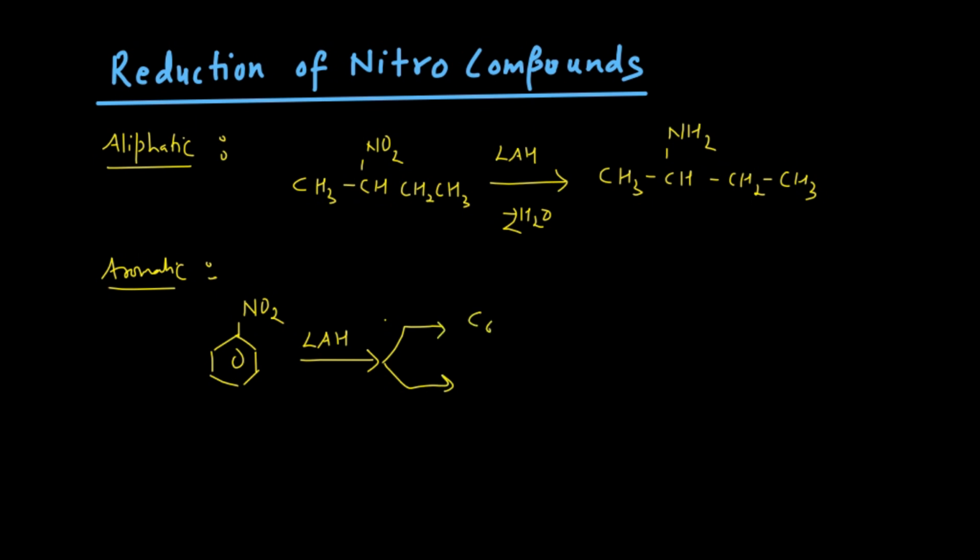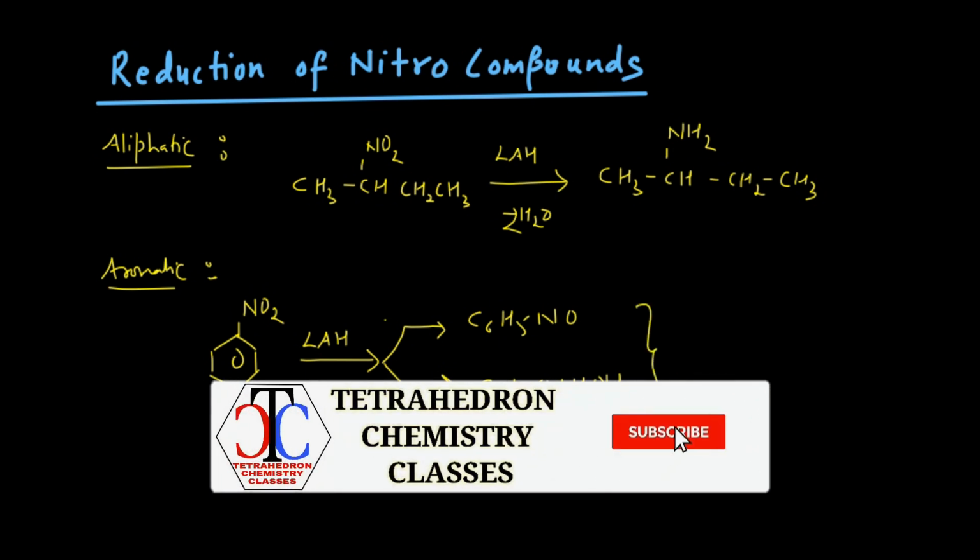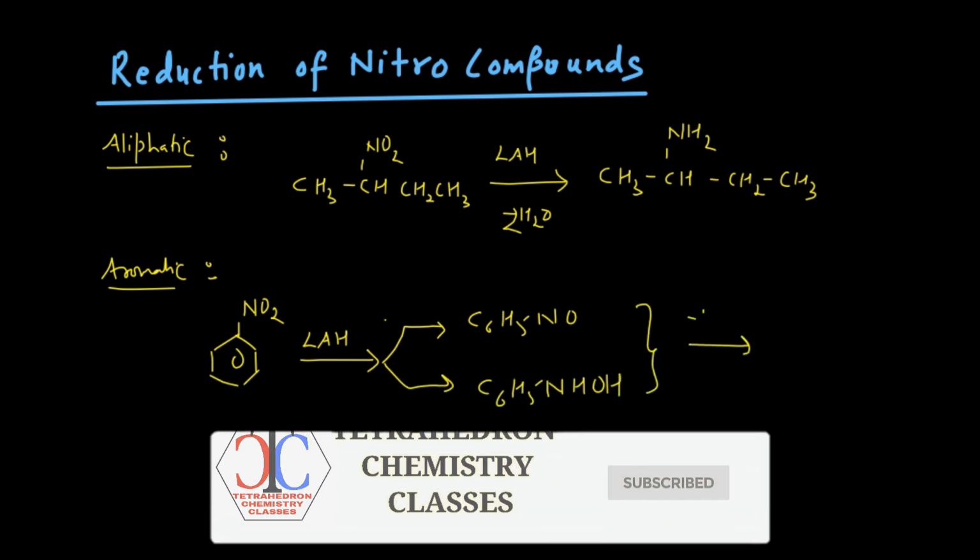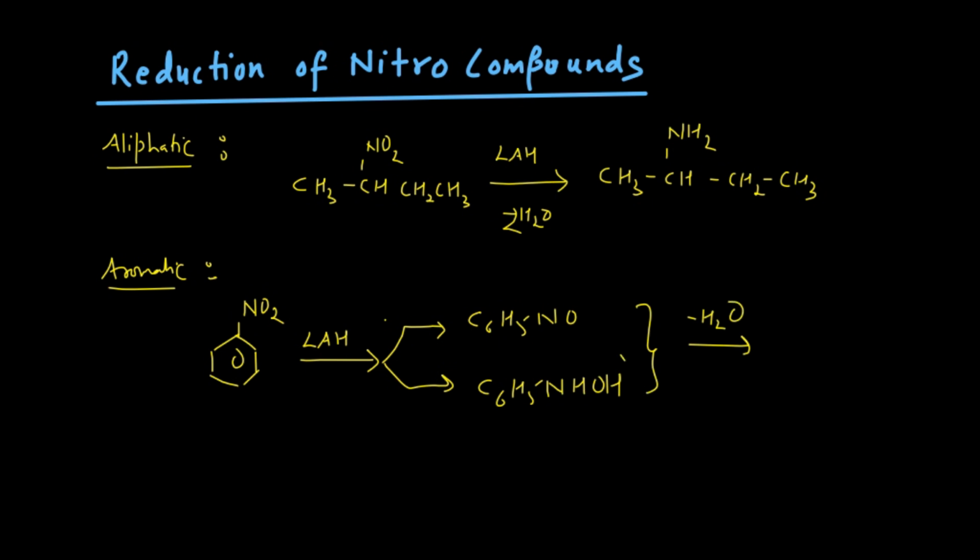First is your nitrosobenzene, C6H5NO, and then you are having C6H5NHOH. When these two are present in the mixture together, a water molecule will be removed from here, and then